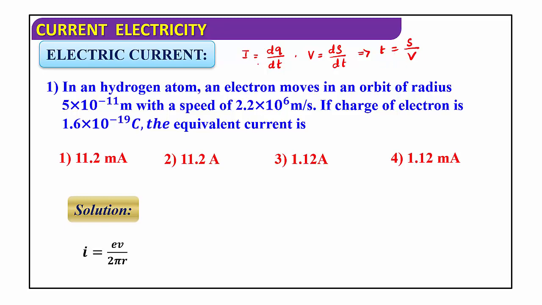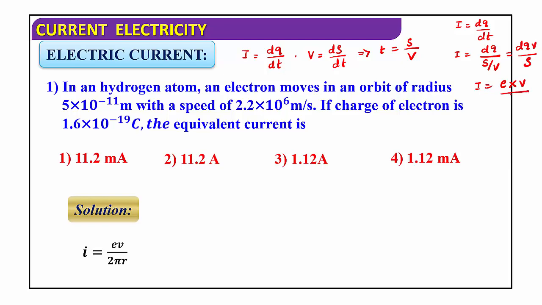So in place of the electric current equation, what is the equation? I equal to dq divided by dt. So I equal to dq, keep as it is. In place of time, we can write displacement divided by velocity. Right? Or it can also be written as velocity we can take to numerator. So the equation becomes dq into v divided by s. I equal to dq, charge of the electron, generally we can write it as E, into its velocity v,